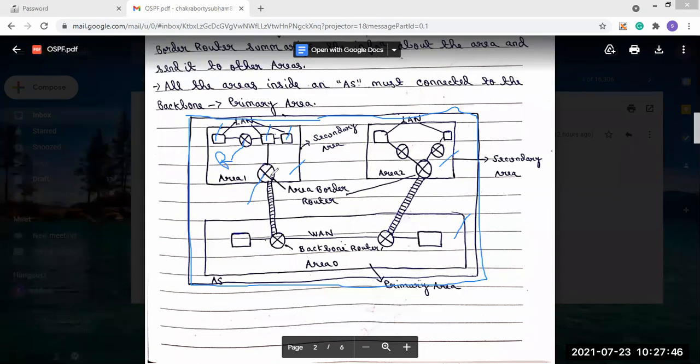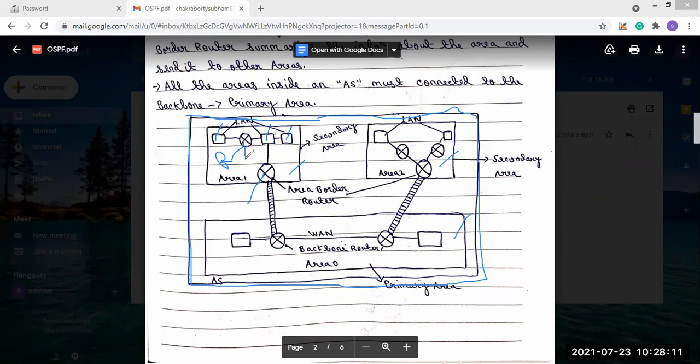Now, it is said that routers inside the area flood the area with routing information. So that means this router will flood the area with routing information. It transfers the routing information.